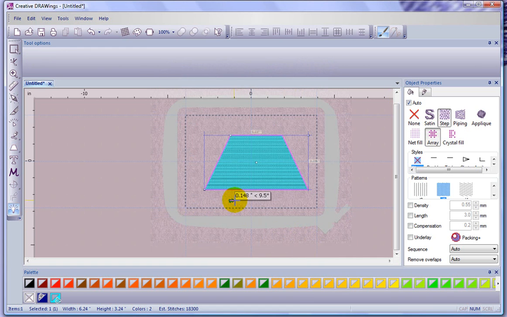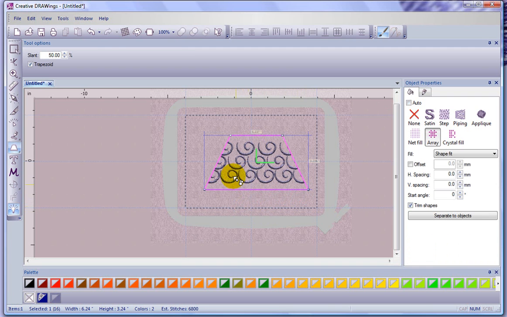And again, I have to click and drag to set the size of the curl and the angle of the curl for the orientation. So I get to decide sort of how it's going to look. So I'll pick something like this, and when I let go, it starts to fill my shape in with that curl object. Now, just like with the outline array, with a fill array, I have some settings that I get